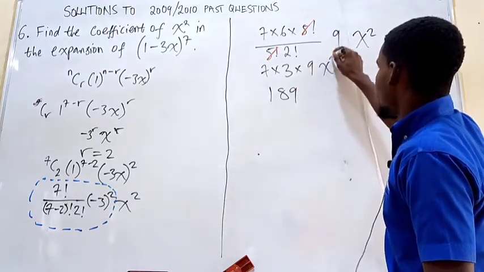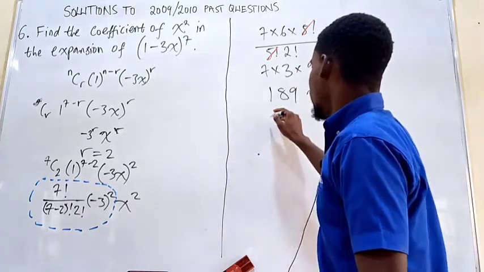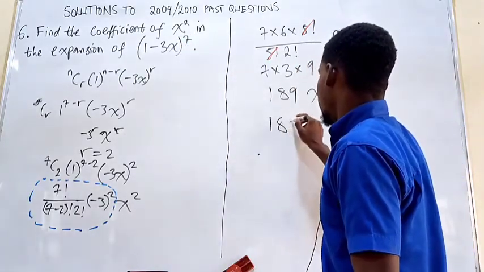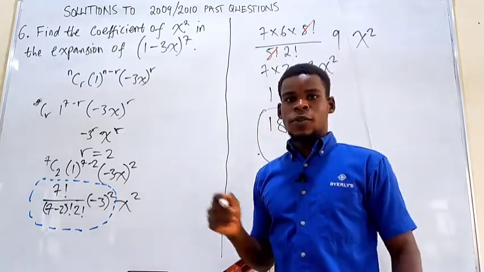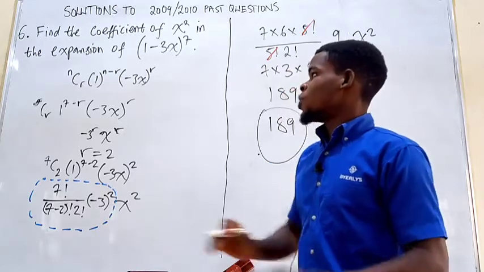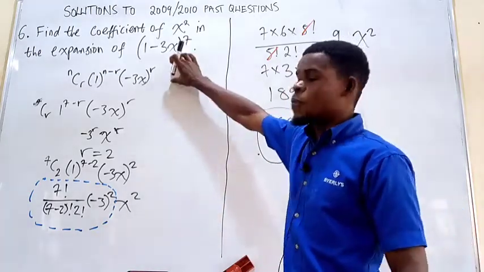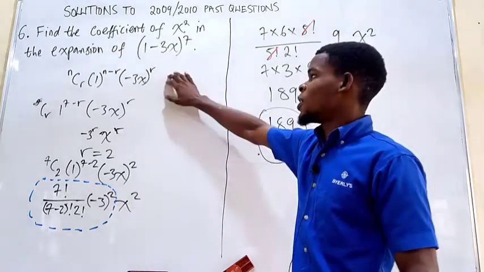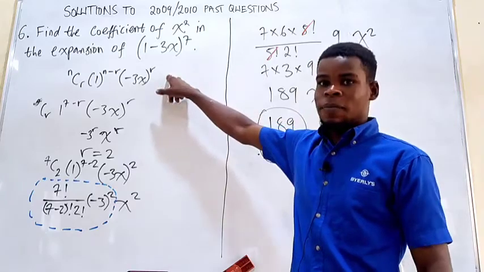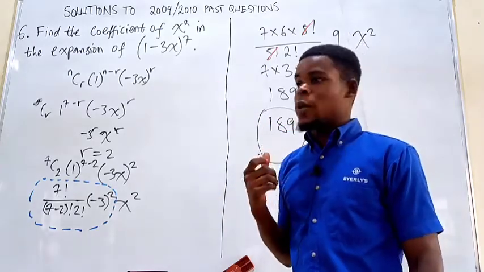x squared. So the coefficient of x squared here is 189, and that is it. Alright, so how do you even know that term? You just use this general form, the r plus 1 term of the series of a binomial series, to get the term. Now this is generally, then the particular term that will have x to the power 2